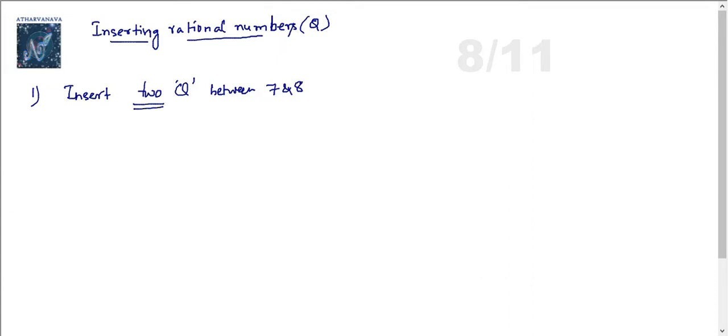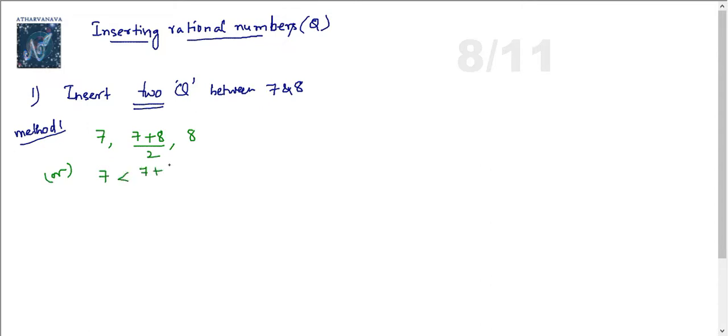So this is method 1. Let us see method 1 here. I'll solve using a different color so that you can identify. First, you will take 7 comma 7 plus 8 divided by 2 comma 8. You can also write like this: 7 is definitely less than 8, correct?